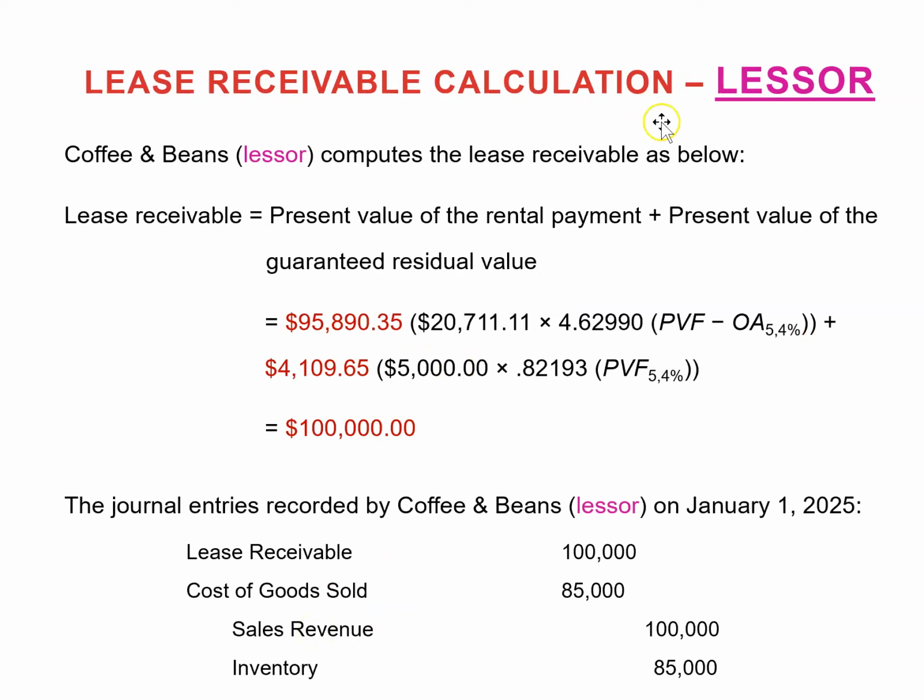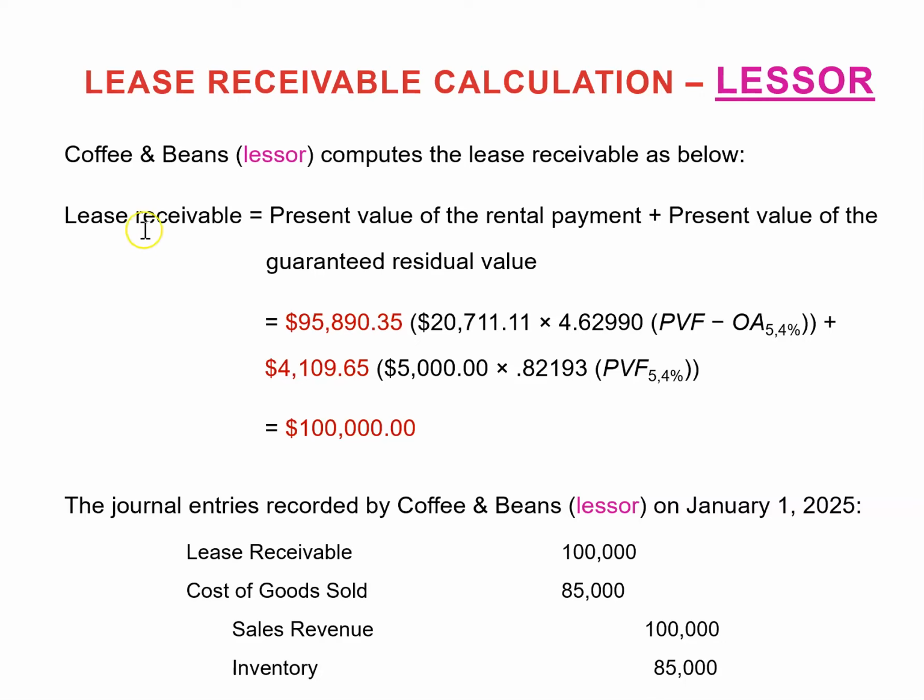Now, how the lessor will calculate the lease receivable. So again, here you have slight difference between how a lessee calculated the lease liabilities. Lessee only included the rental payments because that's what the lessee is supposed to pay. At the end of the lease term, the lessee does not need to pay anything. Now the residual value, the lessor will receive it because the asset will be returned to the